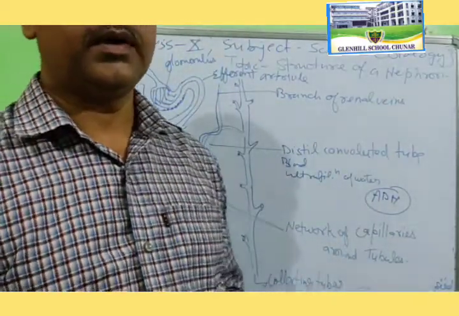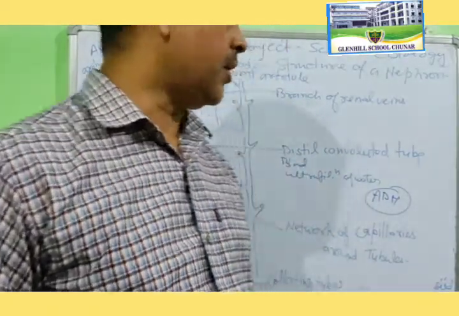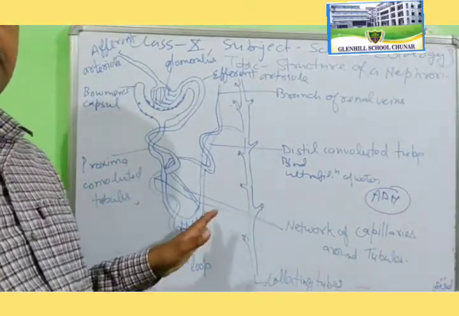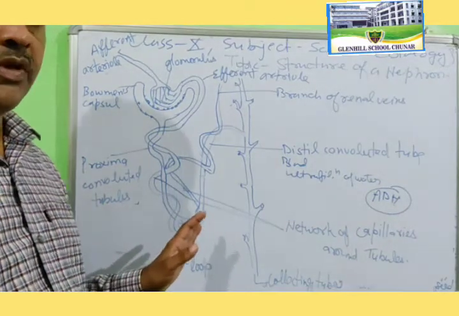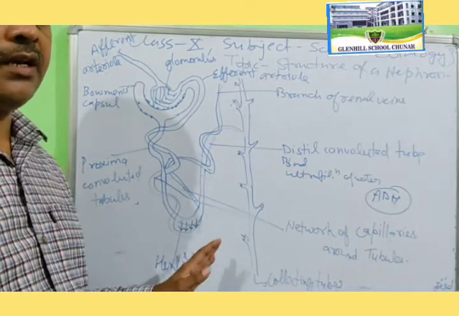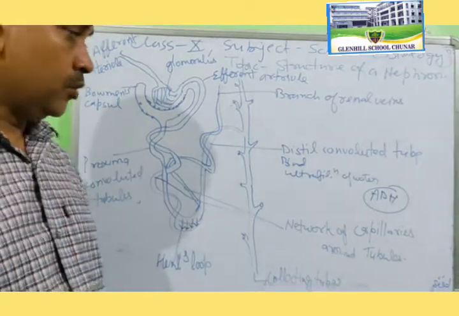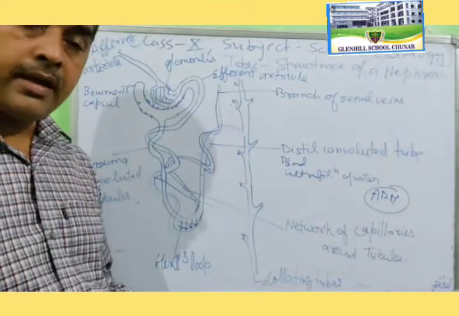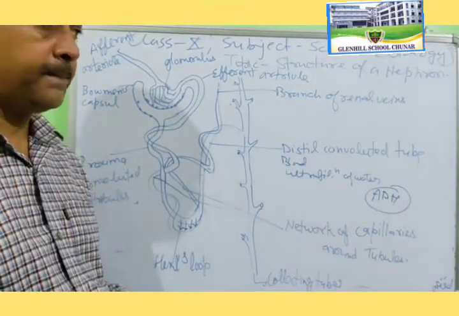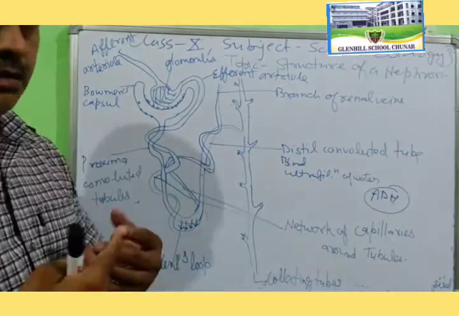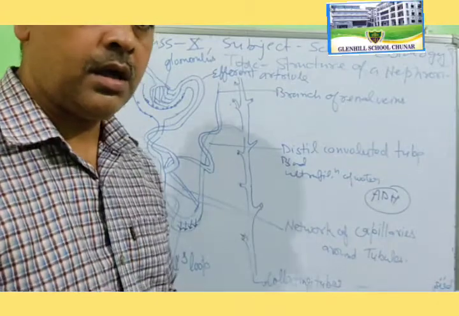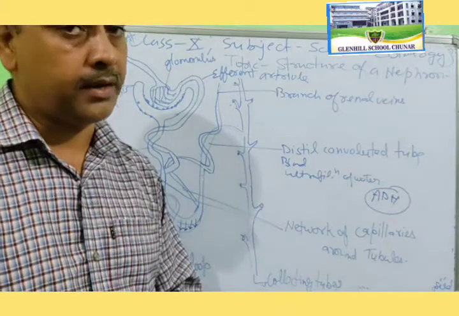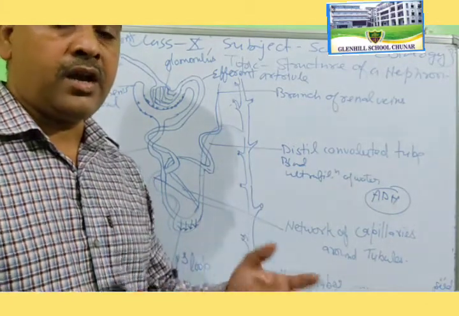Now we will continue the explanation of the excretory system. Draw this very neat and clean in your classwork. You know, there are two kidneys, two ureters, one urinary bladder and one urethra. So the kidneys filter the blood and the ureters bring the urine from the kidney to the urinary bladder, where it is collected and stored.